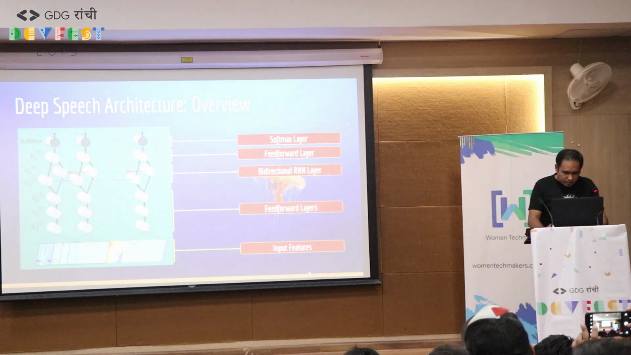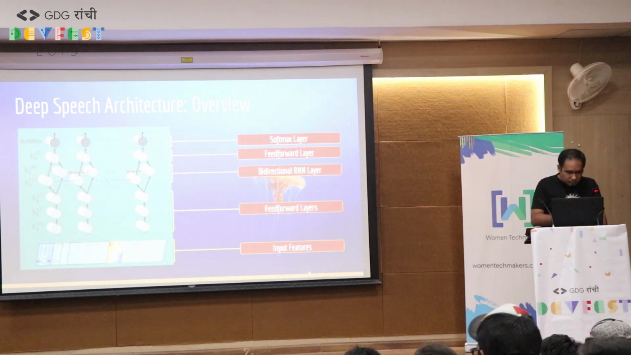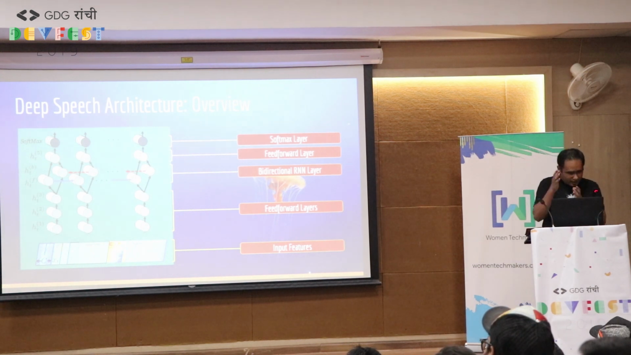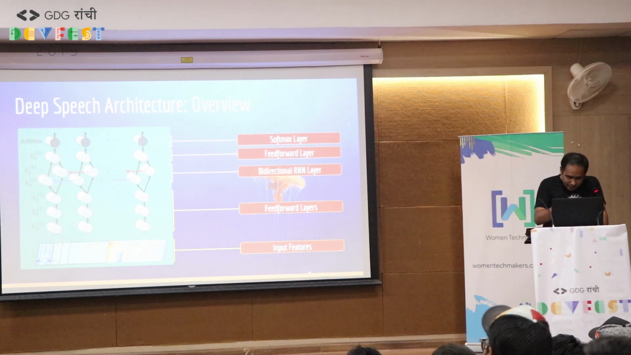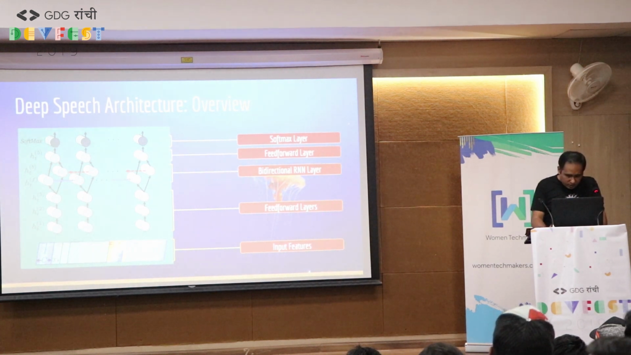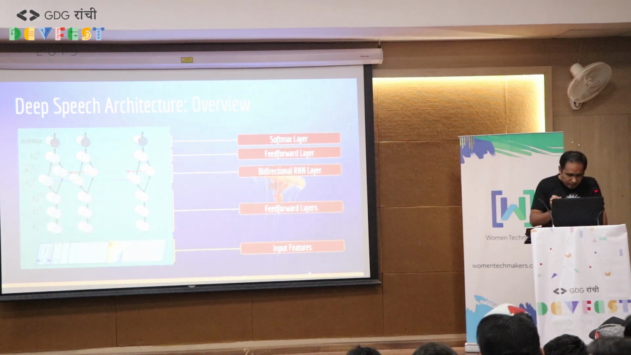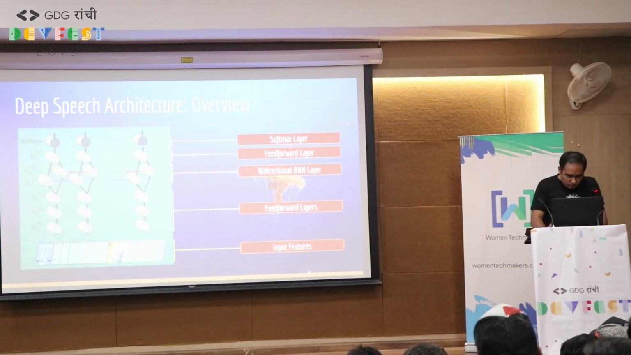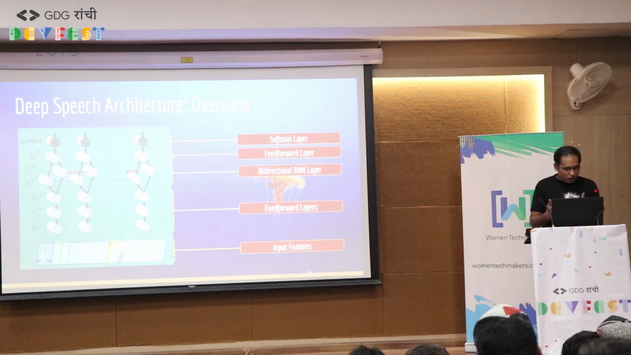What happens is that it basically takes some input features and then the feed-forward layer coefficients, and after that it's the 3 feed-forward layers. And then 1 bidirectional recurrent neural network layer, and then we have the CTC layer. What all of these do,